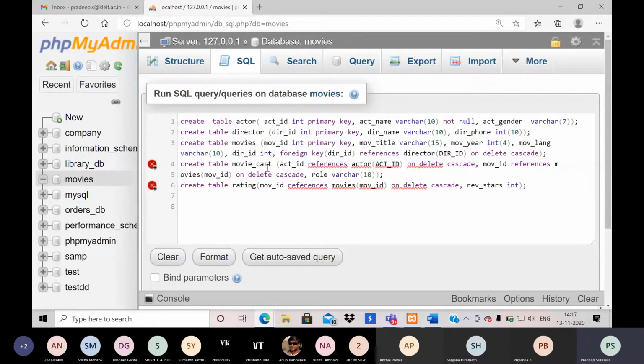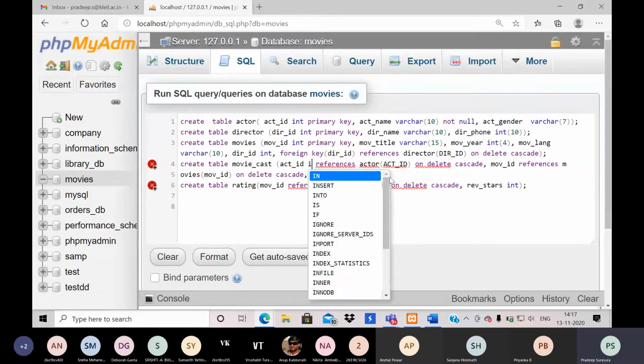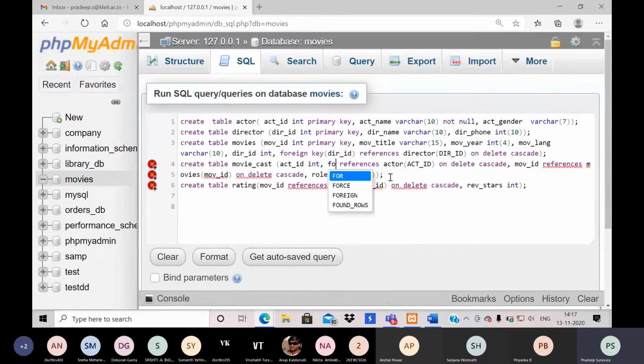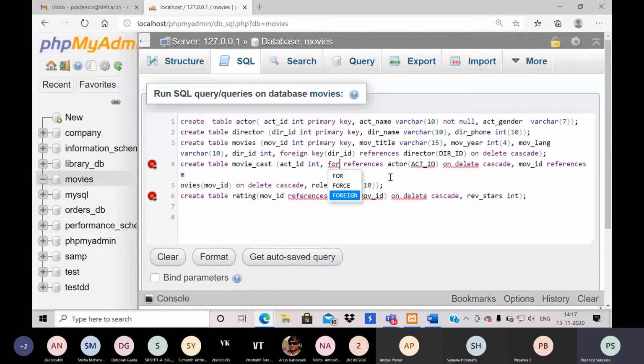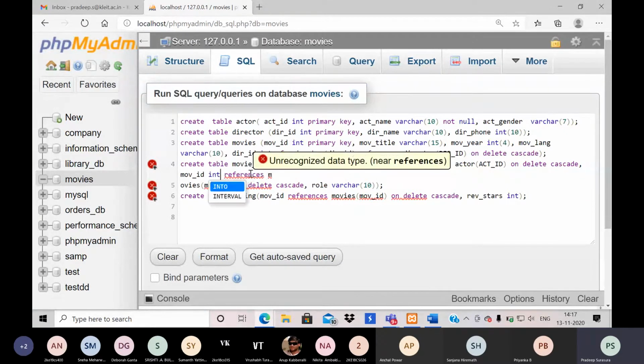Now in the same way, two foreign keys have to be created here. Actor ID is again integer. So put a comma and write a foreign key here. Then movie ID is again integer.